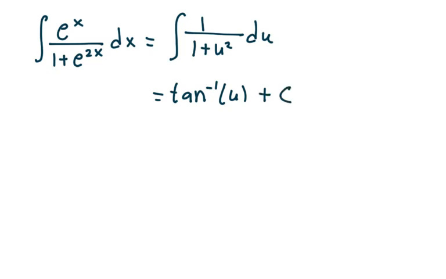But u is e to the x, and so we get arctangent of e to the x plus c. And that right there is problem 28. If we take a look at problem 29,